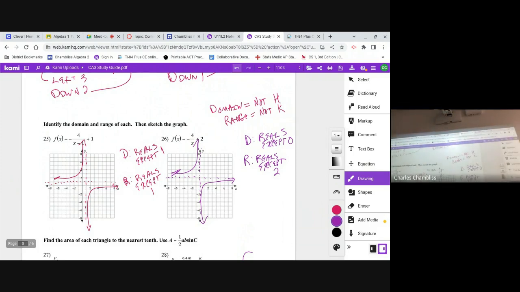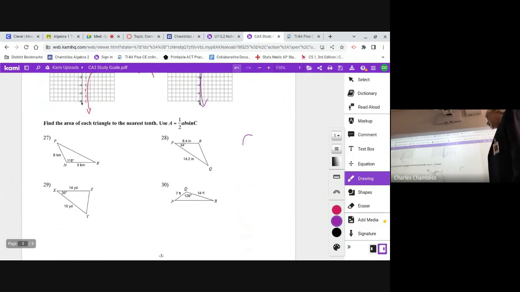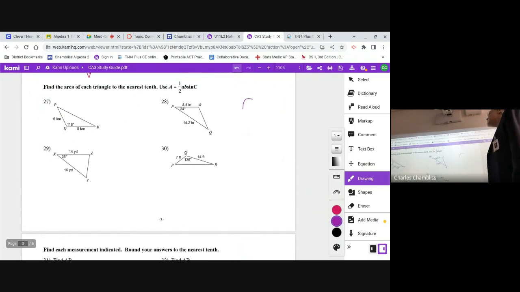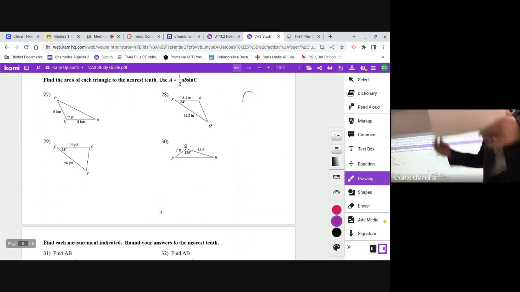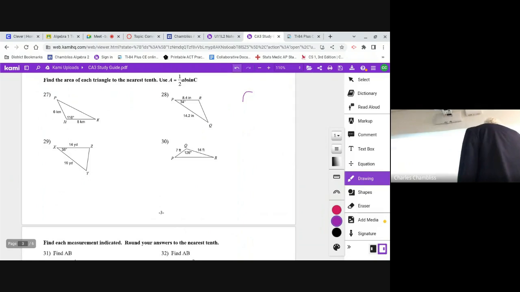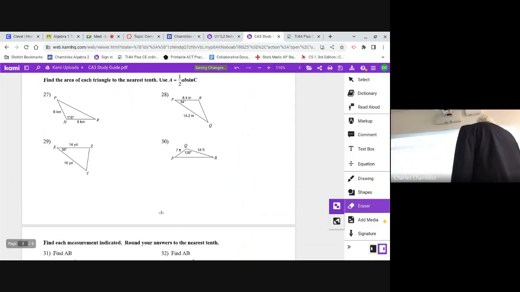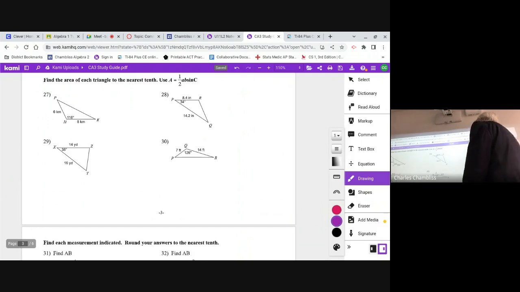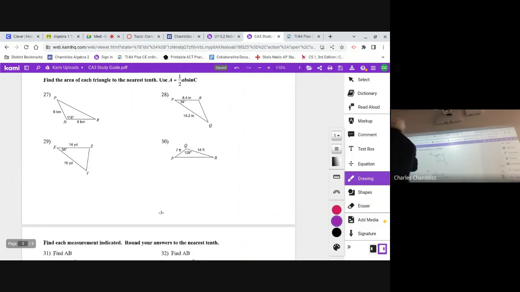Formulas. Here in 27, 27 through 30, the formula's right there. Use A equals 1/2 AB sine C. Remember, the key thing there is it's the angle formed by the two segments that you know. So you're just plugging them in. So here, area equals 1/2 times 6 times 8 sine